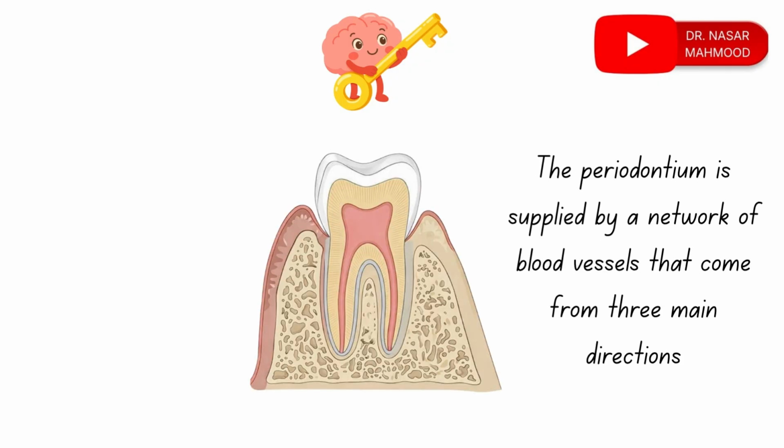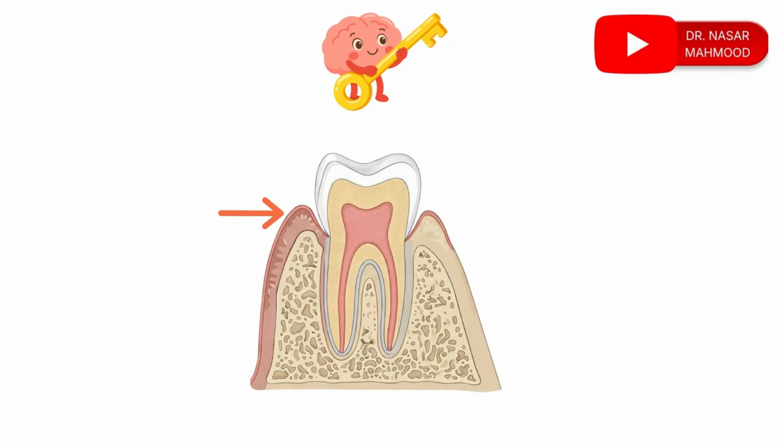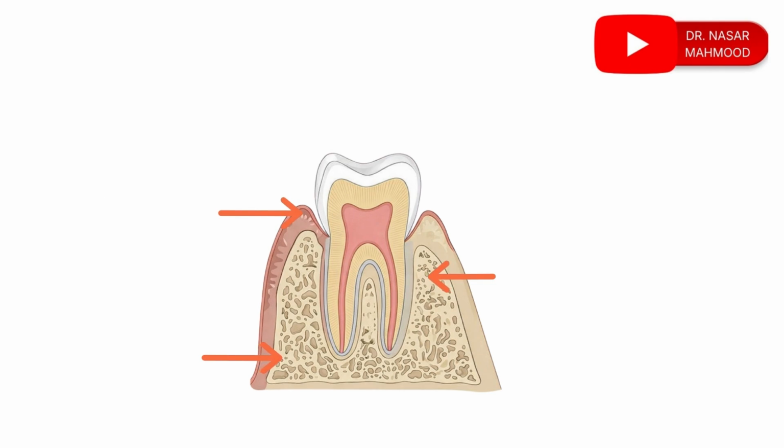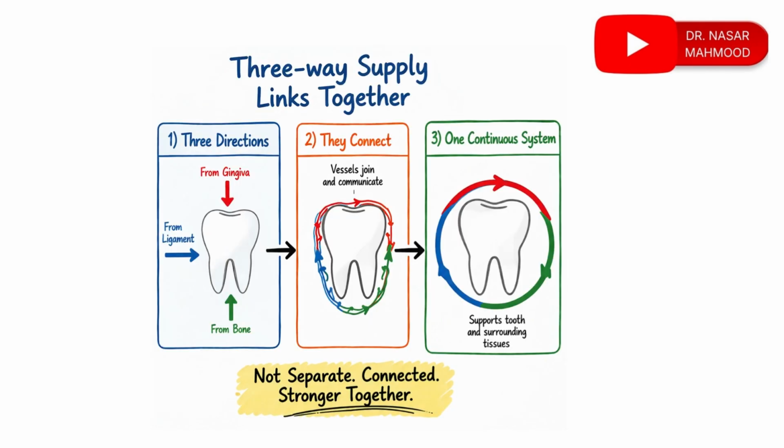Now here's a key idea to remember. The periodontium is supplied by a network of blood vessels that come from three main directions: the gingiva above, the periodontal ligament around the root, and the surrounding bone. These vessels are not separate, but connected, forming a continuous system that supports the tooth and surrounding tissues. If you think of it as a three-way blood supply that links together, the concept becomes a lot easier